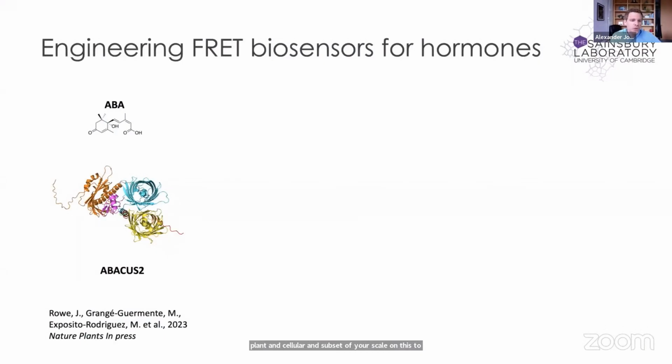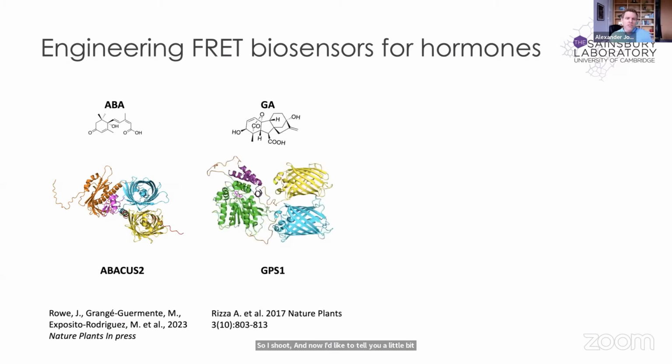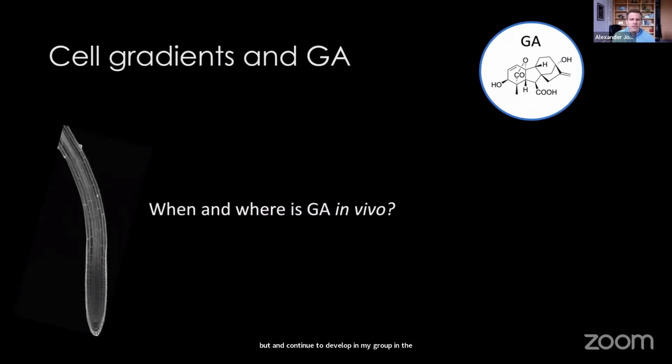Okay, so I've told you about our work on Abacus2, both engineering and one of our biological stories about shoot to root signaling. And now I'd like to tell you a little bit about our work on GPS1, the gibberellin perception sensor 1, which was a sensor I started engineering in Wolf's lab, and continued to develop in my group in the Sainsbury Lab. And Annalisa Rizza has been doing a lot of imaging with GA in the root system of Arabidopsis,